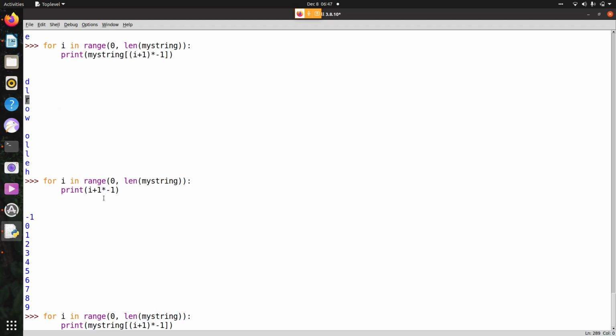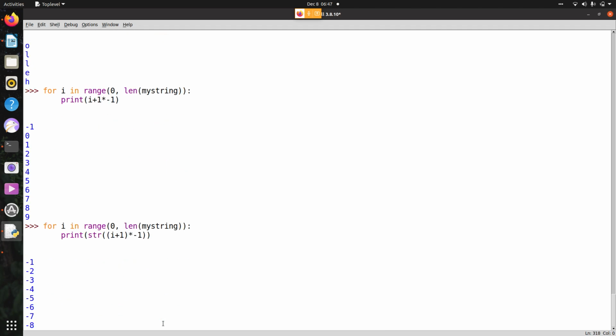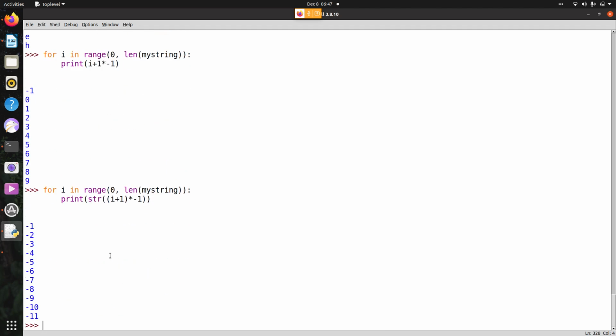When the value is getting iterated, the value that is getting printed is -1, -2, -3, -4.